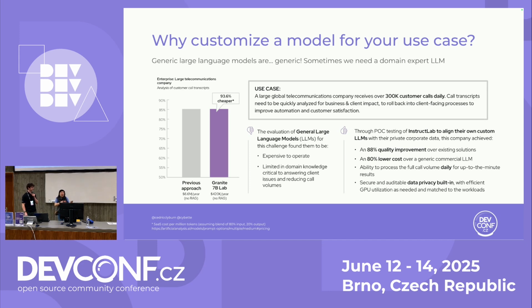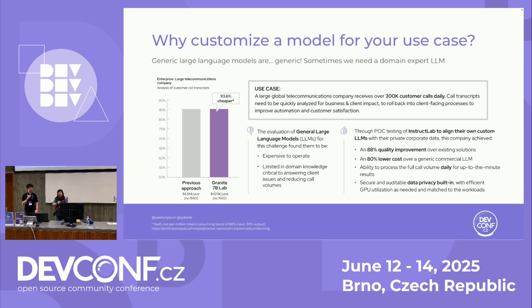There are so many cool large language models doing all kinds of cool stuff. But these really large, general language models are usually expensive to operate, and they may not give you the specific domain knowledge that you need for your use cases. So think of it, as the saying goes, jack of all trades, master of none. You sometimes need something trained on your specific knowledge that can answer questions and do things for you.